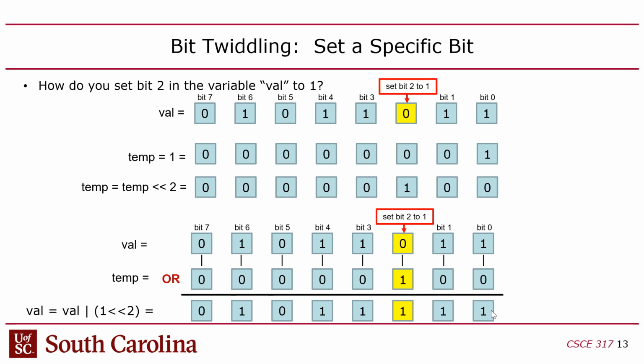So for example, how would I set a bit? Here's an example of not reading, but actually setting. I have a variable called val in my C code, and I want to set bit 2 to the value 1. If it's already 1, don't do anything, obviously, but let's assume that it might be 0. I want to set that 0 to 1, but I don't want to mess with any of the other bits,